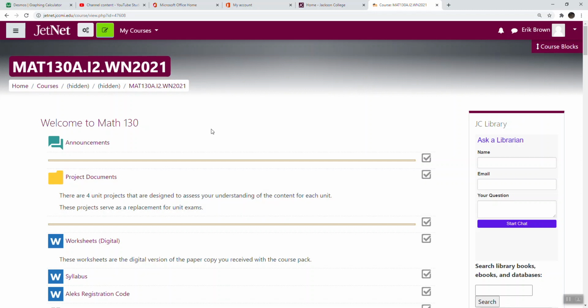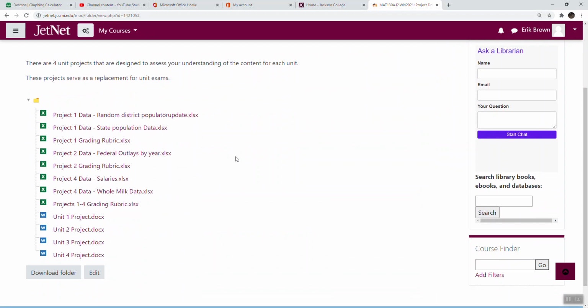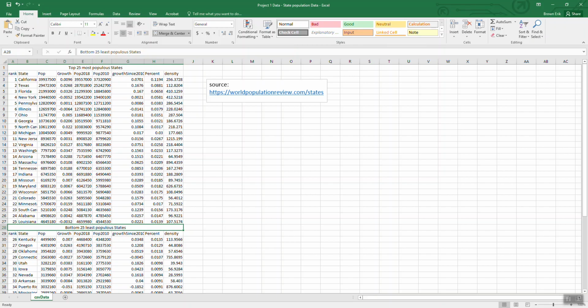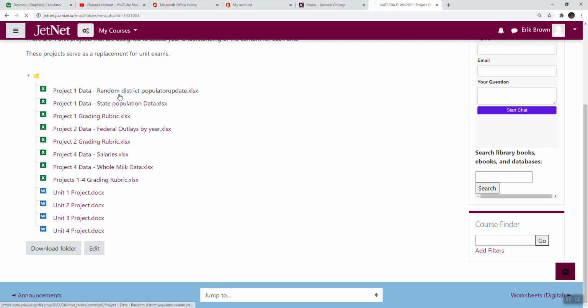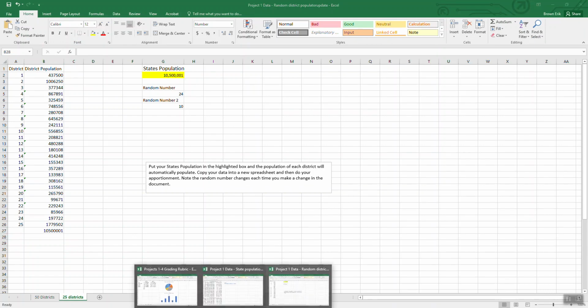In your JetNet shell, under project documents, here's everything you need for all of the projects for the entire semester. So here's the sheet I'm reading from, and then this is what we need, the state population data. I'm going to go ahead and download that, and then we're going to need the random district populator. Okay, so our job was to pick